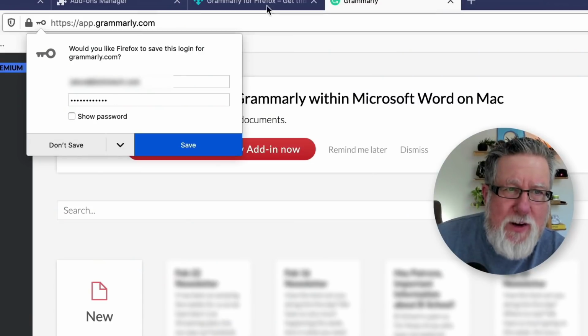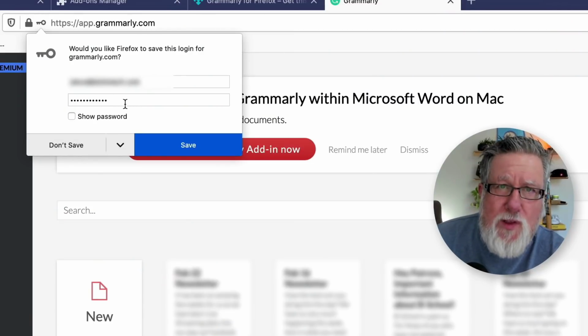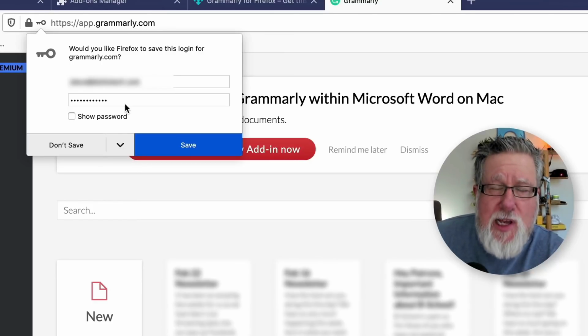Just as a complete sidebar, you see what's happened here is that all of the web browsers now, when you log in to any accounts, try to save your password strings for you in their own password manager. This is something that I highly recommend you don't do. Don't do this in Chrome, don't do this in Brave, don't do this in Safari, don't do this in Firefox, don't do this in Edge, don't do this in any of the applications.